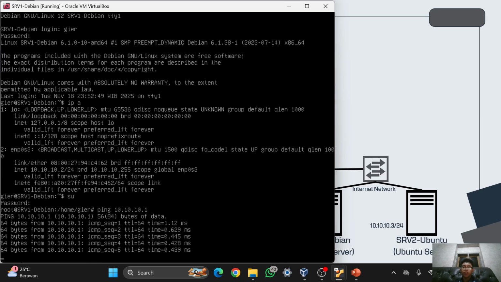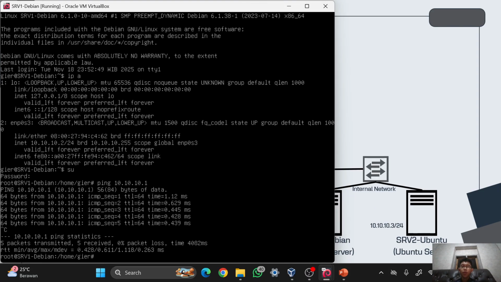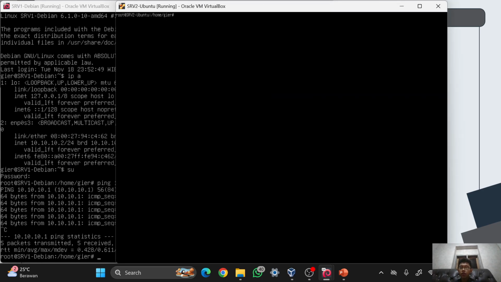As you can see, it is connected. And the last one, which is I will set the IP on the server 2 Ubuntu. So to set it, I will nano and then /etc/netplan. Oh yeah, so for the Ubuntu, the location of the networking is in netplan, but for the Debian, it is still located on the /etc, but the difference is for the Debian it's /etc/network and then /interfaces. But on the server 2 Ubuntu, it is on /etc and then /netplan. So that is the difference.